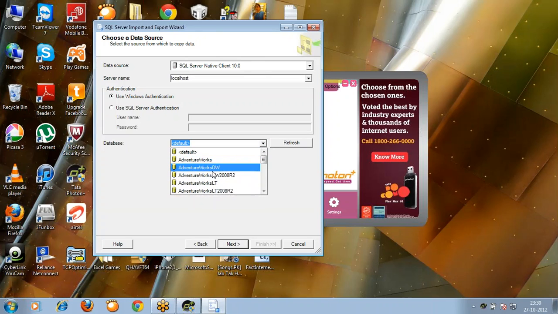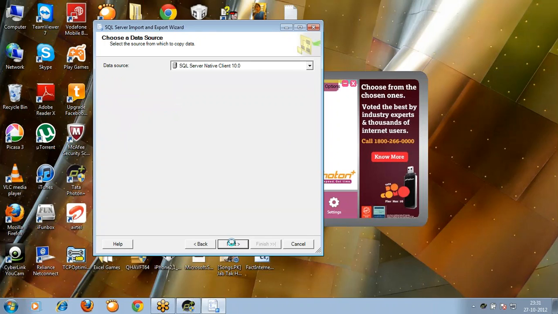And here you can see different databases. AdventureWorks databases given by Microsoft. It's a free database. You can download it from internet and you can use it for your practice purpose. I've selected this. So the source is selected. That means from this database, I'm going to pull the data. And where I'm going to push, I have to select it in